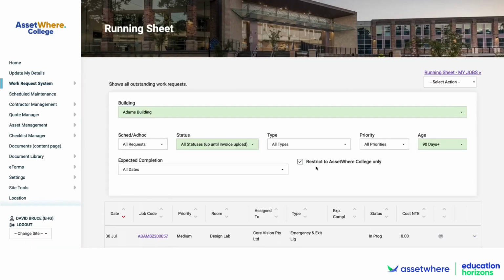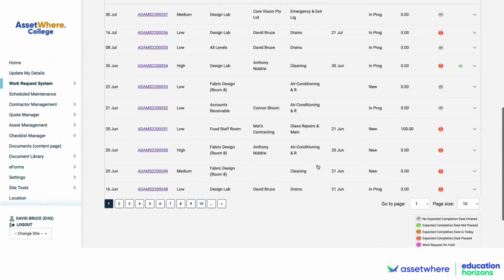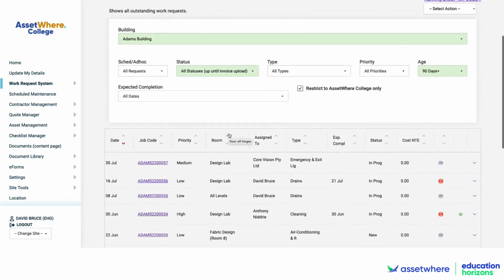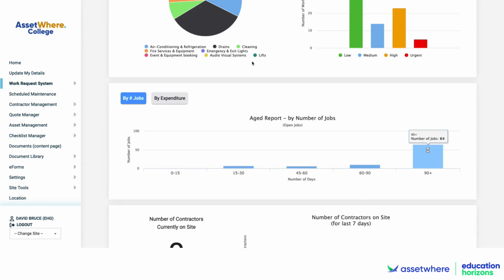And by clicking on that, I then can have a look at all of the jobs that relate to air conditioning, drains, cleaning, emergency and exit lights, and see that it goes on for many, many pages. So what this enables property managers or business managers to do is to have really significant oversight of all of